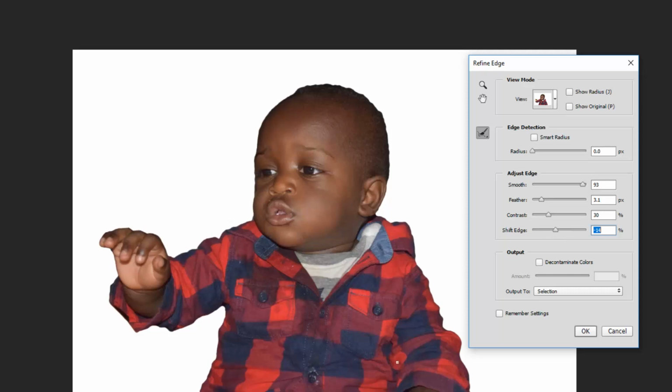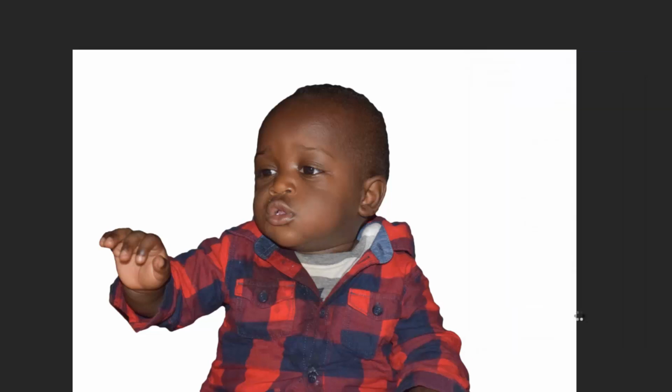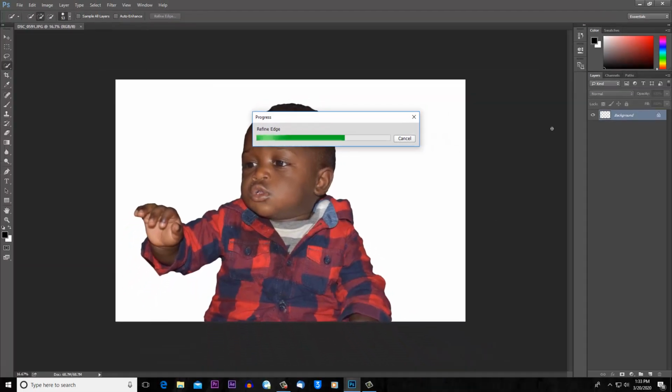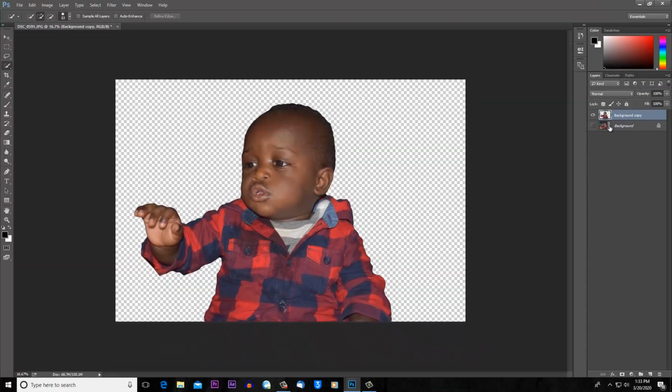Basically this is just a rough one, but you can have something cleaner than this. Always make sure that when you are cutting something, it's clean. When I'm done, I can put this in a new layer by choosing New Layer here and then clicking OK. When you do that, right now Photoshop is trying to create a new layer for the cropped object.